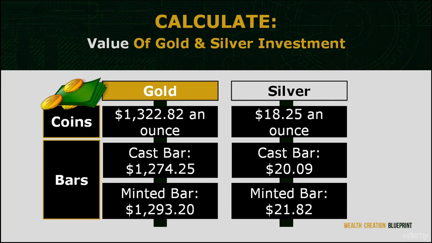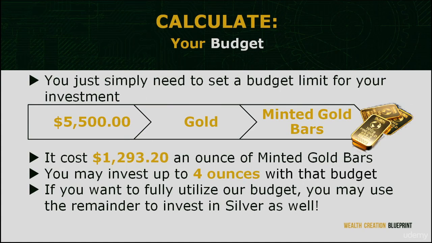$18.25 per ounce. For the silver bars, cast bar and minted bar, the cost is around $20.09 and $21.82 per ounce respectively. Time to calculate your budget. The calculation is simple. Simply set a budget limit for your metal investment. For example, if you have put aside $5,500 for metal investment, and you've chosen minted gold bar as your preferred metal investment, calculate the current buying price